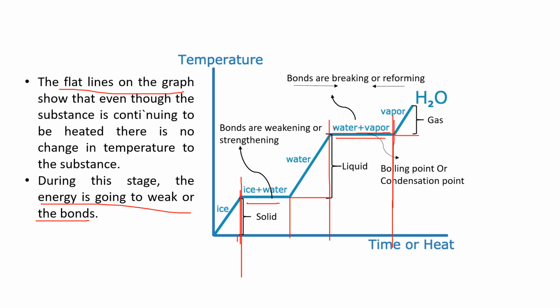The bonds are weakening or strengthening in ice plus water phase region. When ice is converted to water, we can get the melting point, or when heat is taken out from